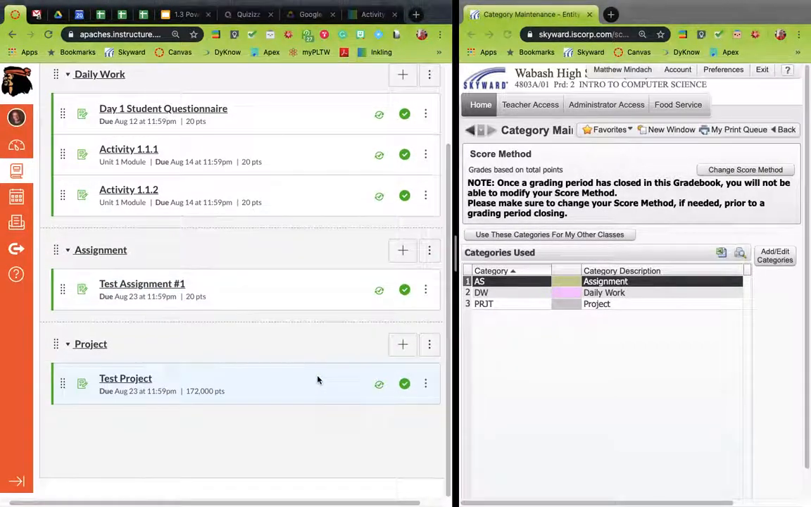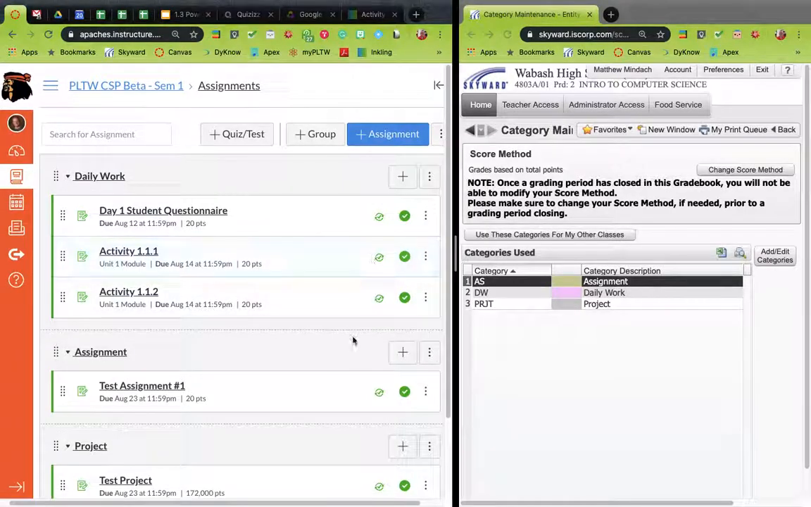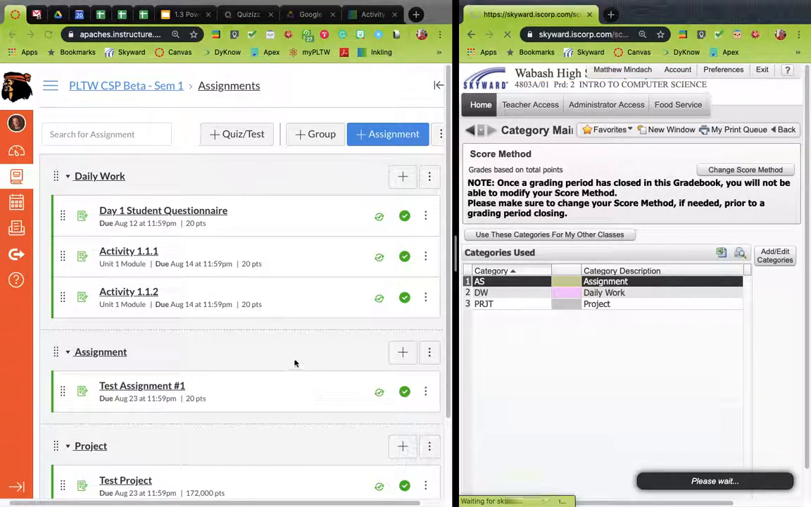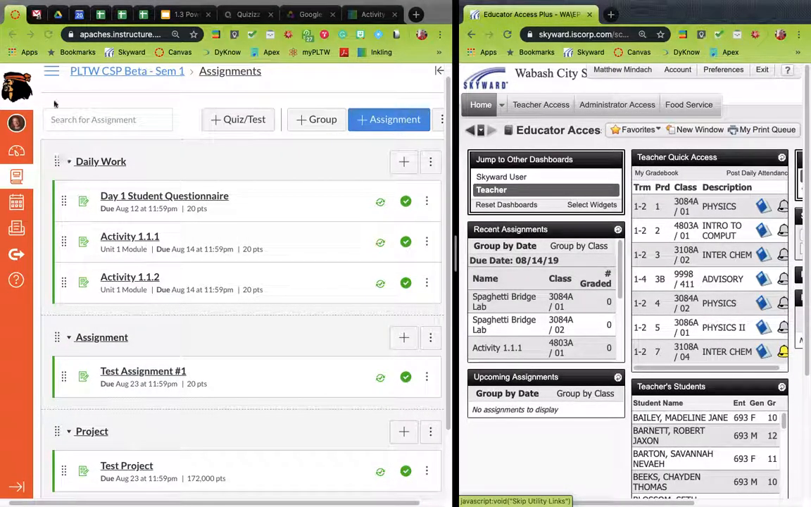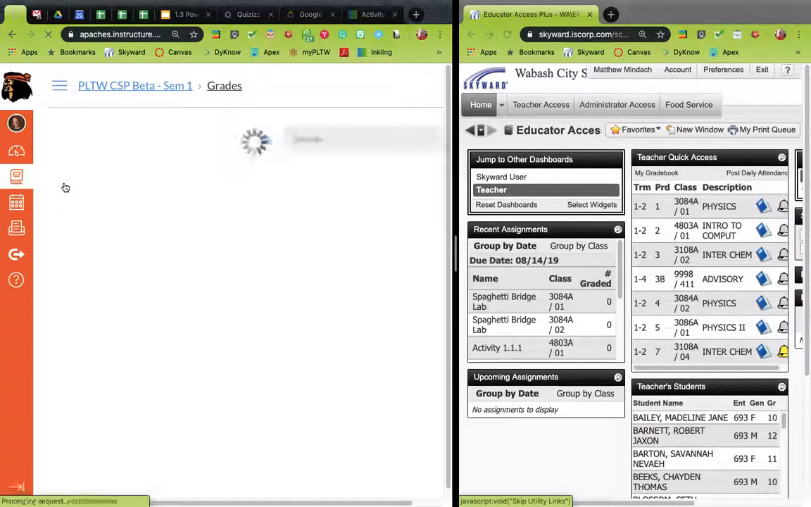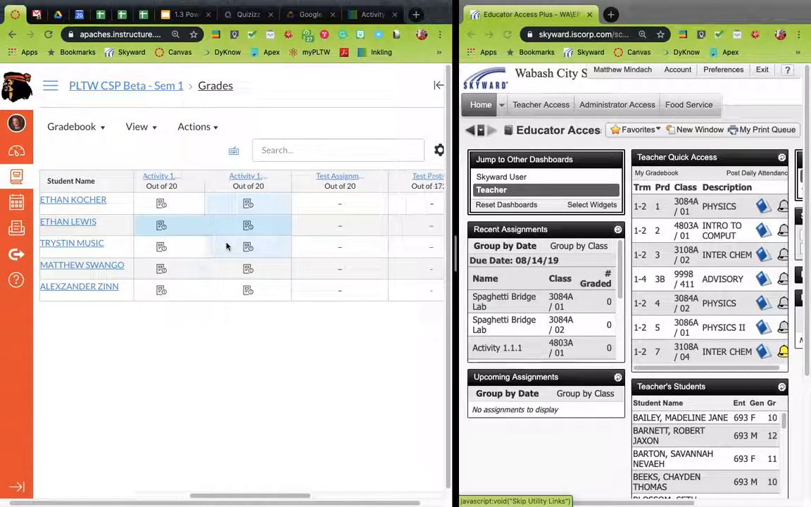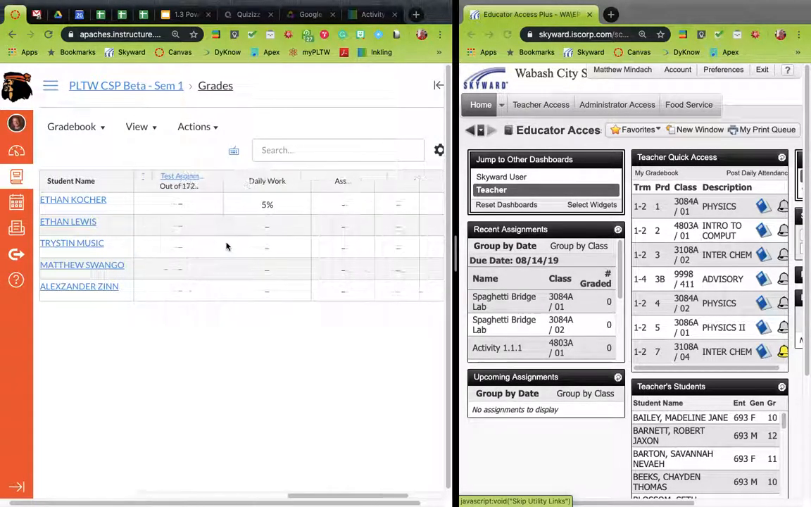Wonderful. Now I see that I have assignments in each of my different groups. Okay, and over here, those groups match Skyward exactly. Wonderful. So I'm going to go back to home, and over here in Canvas, I'm going to go to my grades now. Excellent. I've already put in a couple random goofy things, and I put in a 2 for